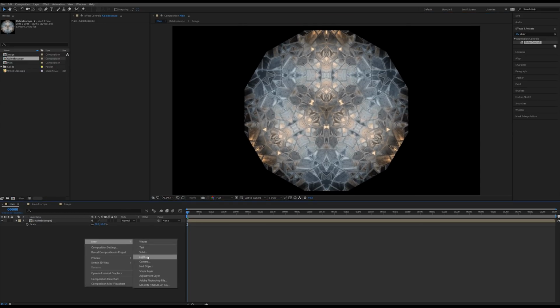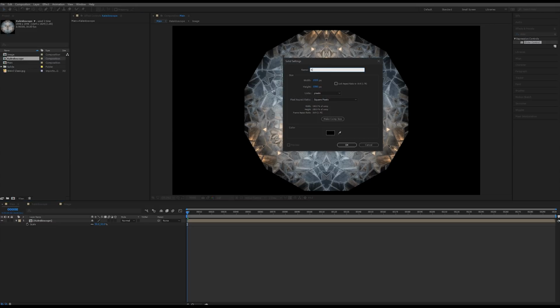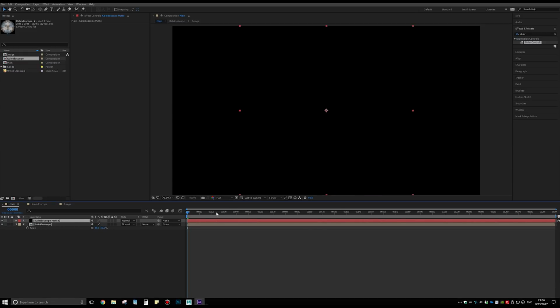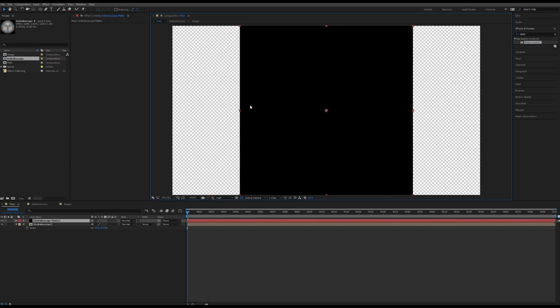And now I need to create a new solid. I'm going to call this kaleidoscope matte. And I'm also going to make this one perfectly square. Our composition is 1080, so I'm going to make my width 1080 as well, and then click OK. And if I toggle my transparency on, you can see that this is just a solid black